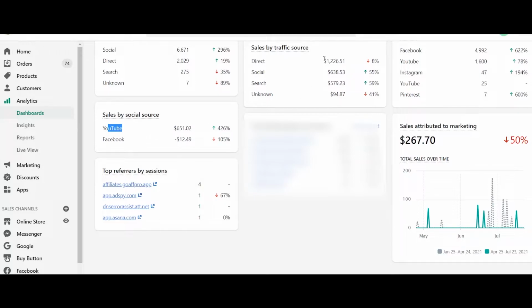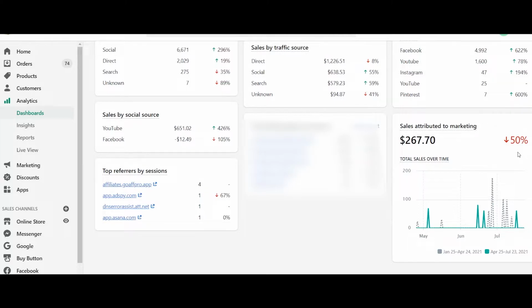And I would say a lot of traffic that came from YouTube wasn't even counted, because either the customer directly typed my website's name, or Shopify simply didn't track it. So the direct sales that you are seeing here, a big chunk of this also came from YouTube. In my opinion, I guess around 80% of the direct sales came from YouTube.